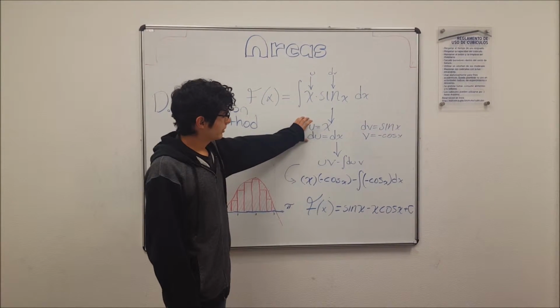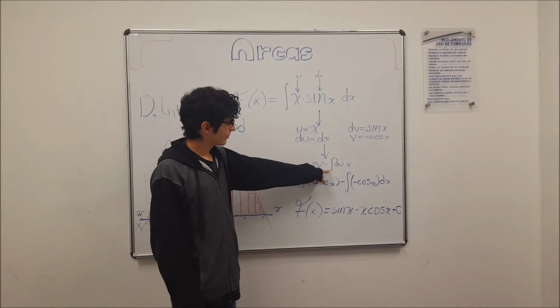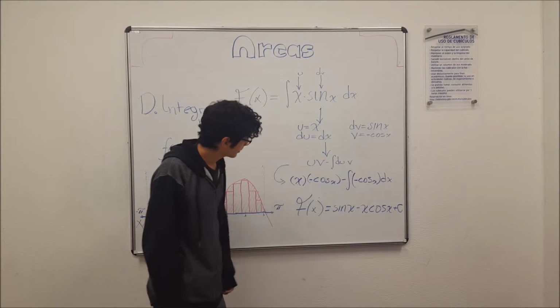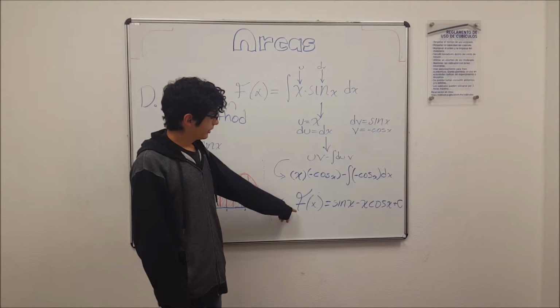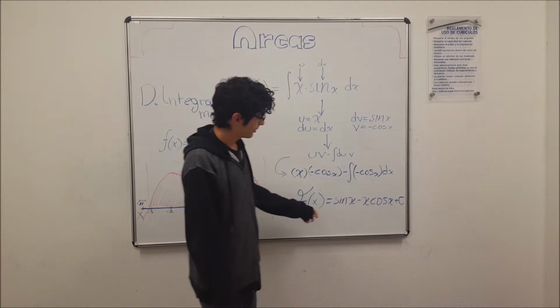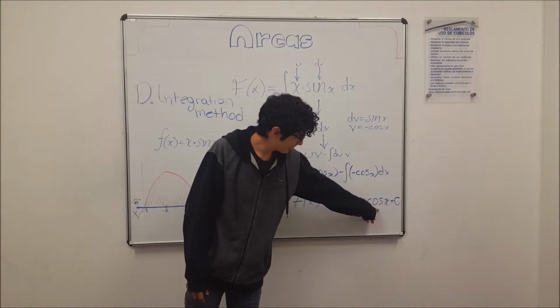And we put this together in this formula, which is u times v minus the integral of v du, and the result is that the antiderivative of f of x is sine of x minus x cosine of x